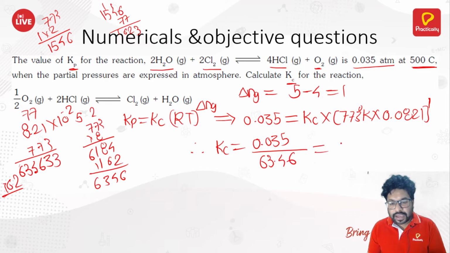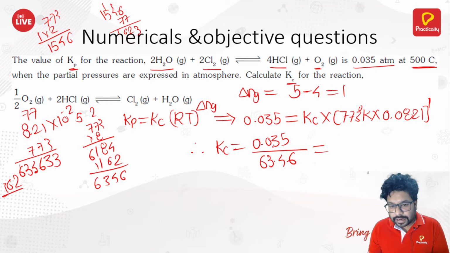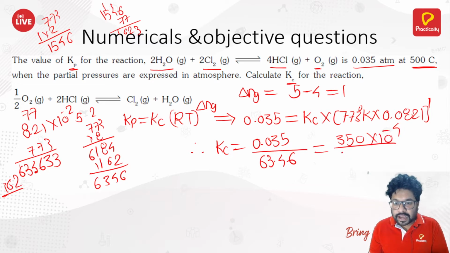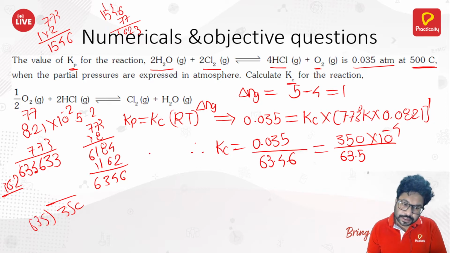So to make it easier, suppose I make it 350. It will become 350 into 10 raised to minus 4 divided by, let's make it 63.5. Okay, to make our calculation easier, right? So 63.5, 350 divided by 63.5. So this must be somewhere around